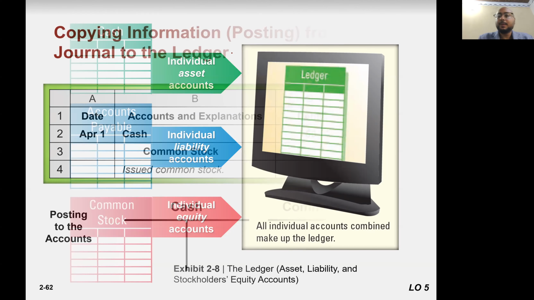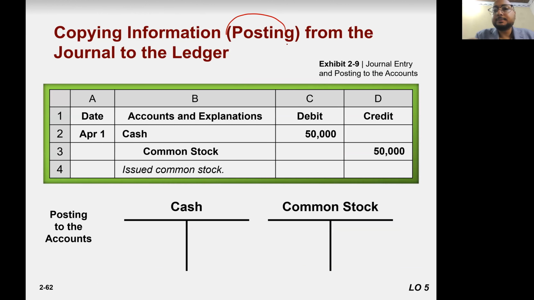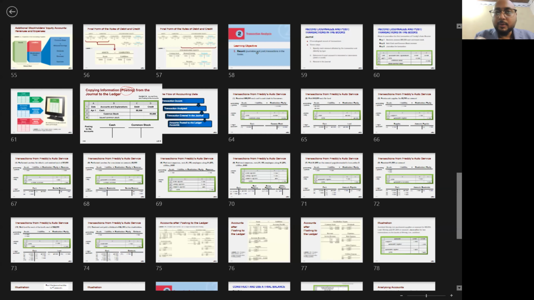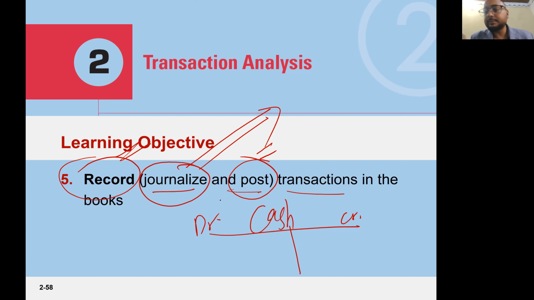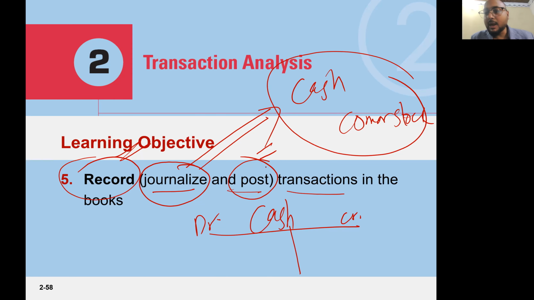Now, posting. Recall the learning objective here. What was that? Journalize and post. Recording means journalize and post. We make the journal entry. We call this cash, this common stock. This is the journal entry. And now we are posting it. Posting means